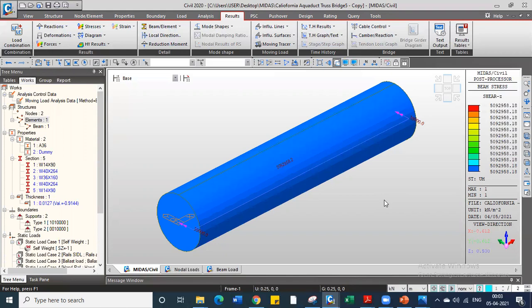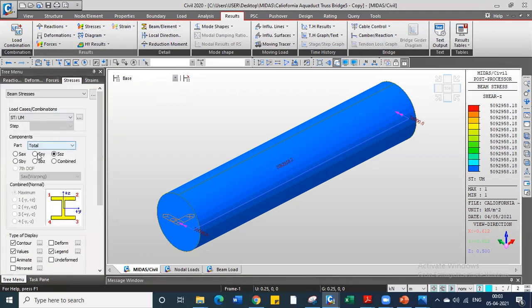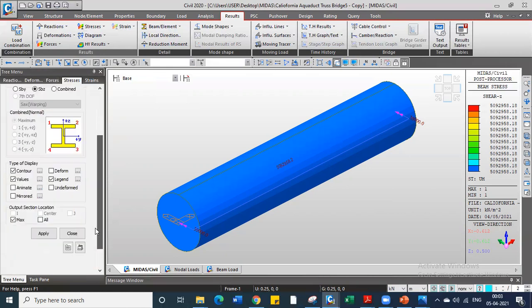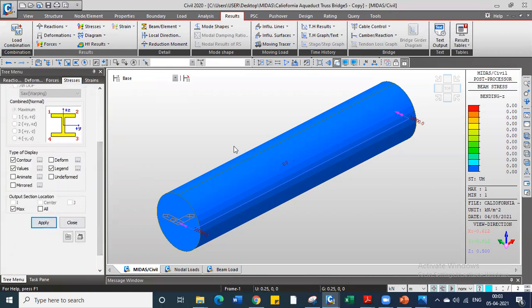So the bending stresses in this case, as we can check here, let me see the bending stress developed in the beam. As I believe you can see, SVZ is my bending stress in this software. It comes out to be zero. This is because we do not have any bending moment in the beam. This beam is totally dominated by shear forces. So this is a shear dominated beam.